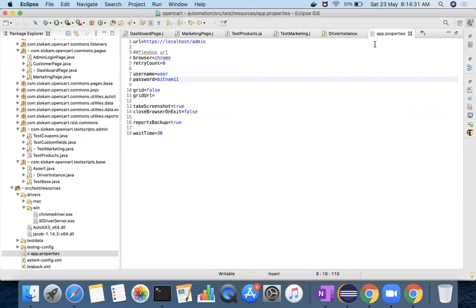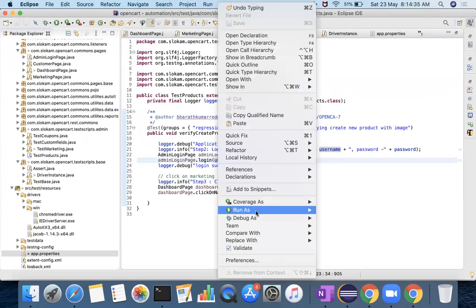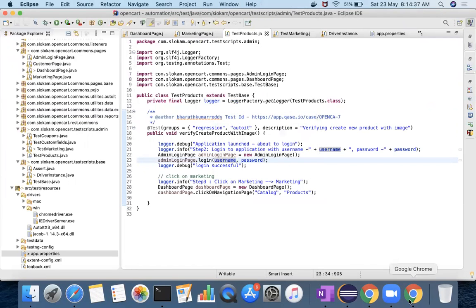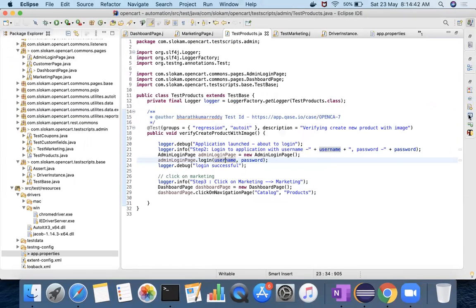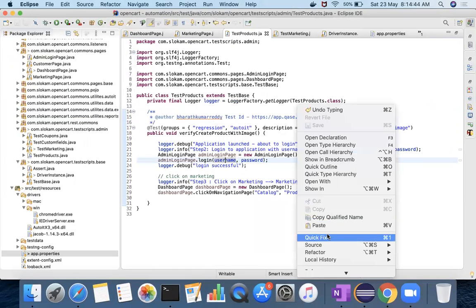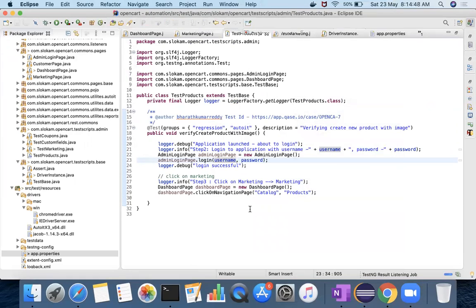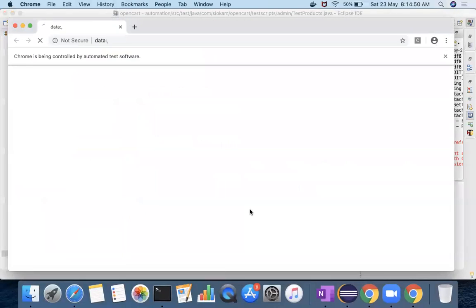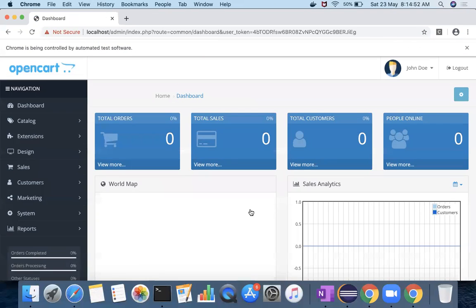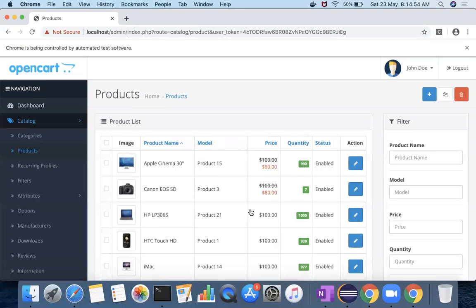Okay, so that's why it is failing. Now let me run one more time. You should be able to understand what the problem is by seeing the message, logs and stack traces. Okay, see, it clicked on products.